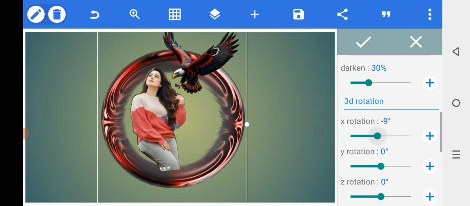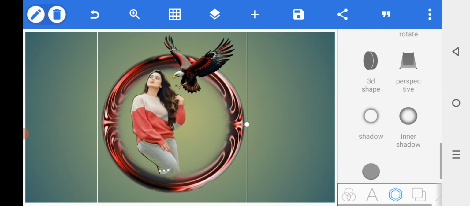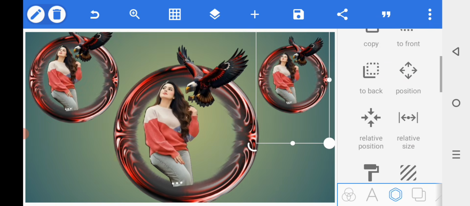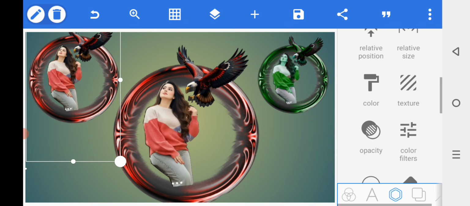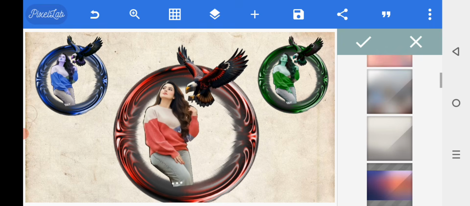How to make a designing shape on Pixel Lab easily. Open the Pixel Lab, select a shape, remove the background color, adjust the shape, select the 3D shape, select the color filter, change the color of shape, select the image, change the background color,